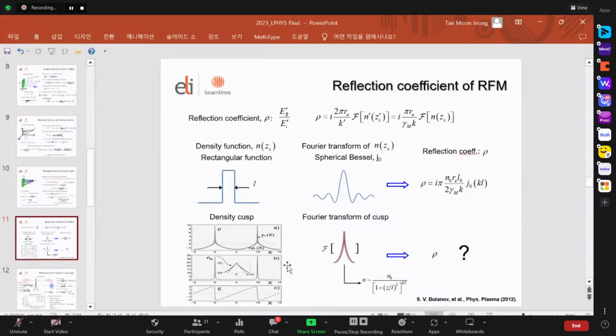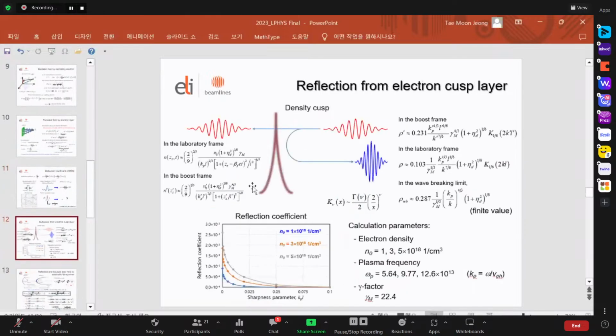And then this is the more realistic case. In this case, we also want to know the reflection coefficient, and then we have to calculate the Fourier transform of this cost function. The cost function is usually expressed in this way, and then more specifically in the laboratory frame. So this is the expression for the density function, and this is the expression in the boosted frame. And then after some straightforward calculation, we can obtain the